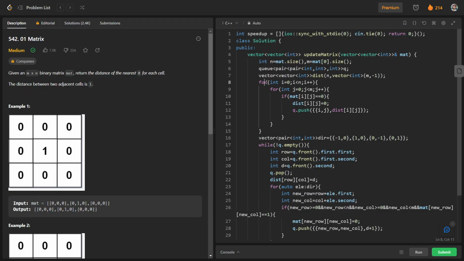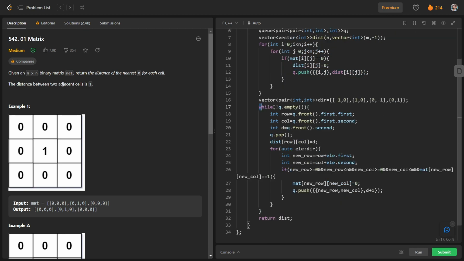So basically we have iterated over the matrix, and if we got a cell containing 0, we will update dist of i and j as 0, and push those 3 members, that is i, j and the distance, in the queue. And after that we will iterate in the queue, and we will go in all four directions.